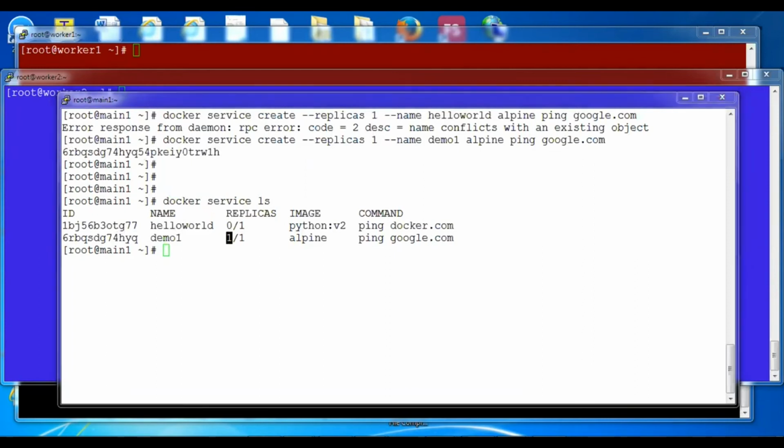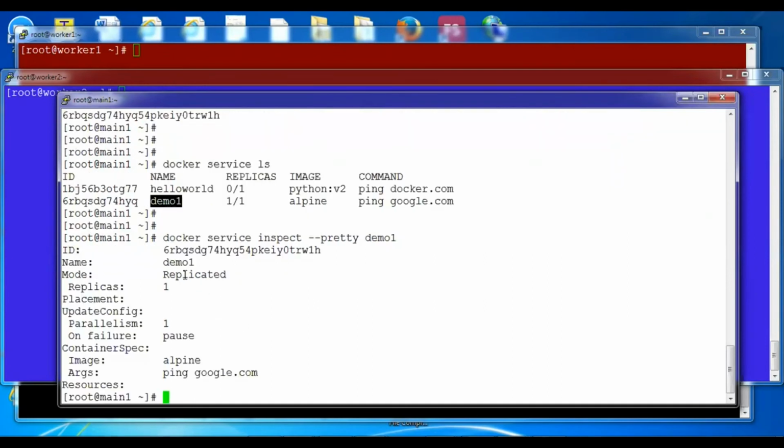Now let's inspect the service. To check the service, we can use the inspect command. So we'll say docker service inspect --pretty and after that our service name, demo1.